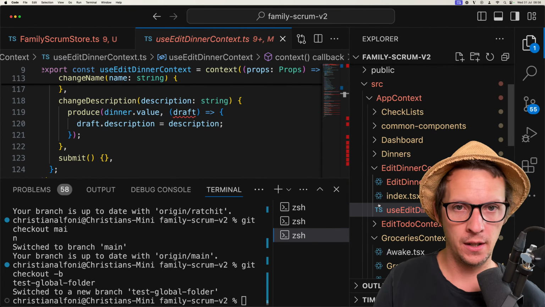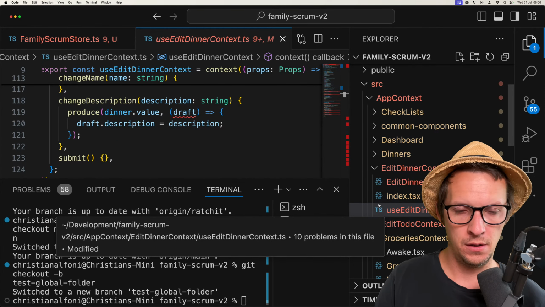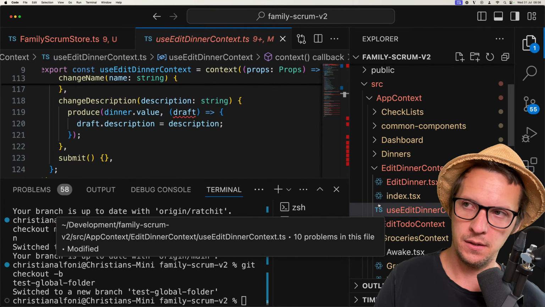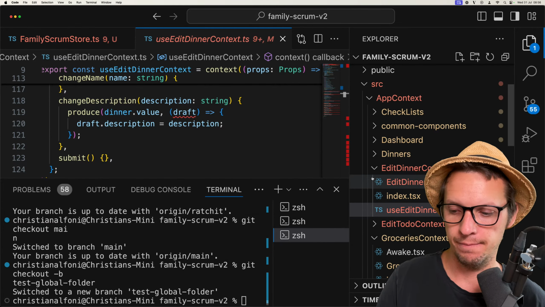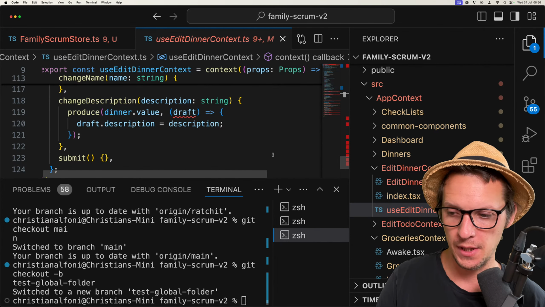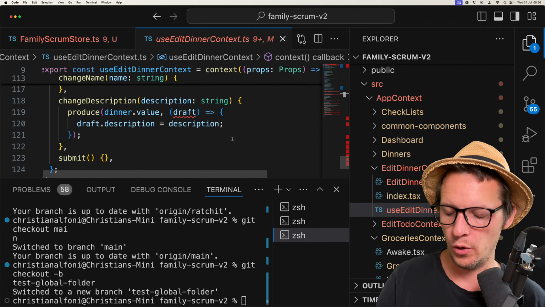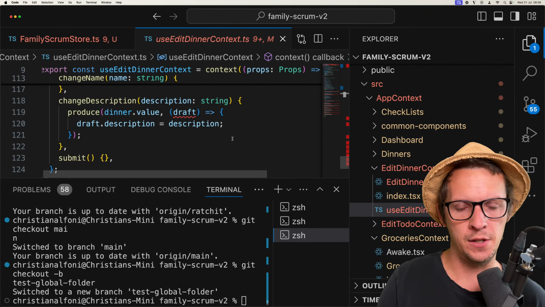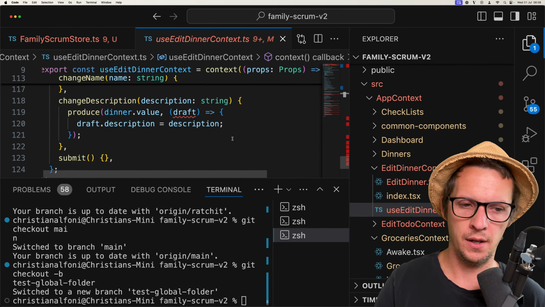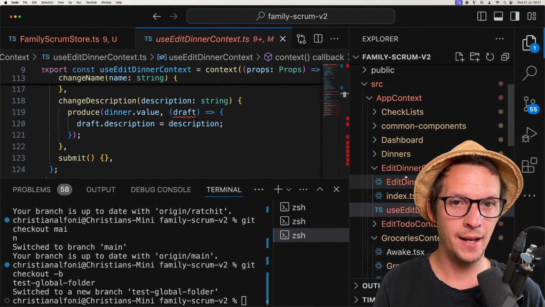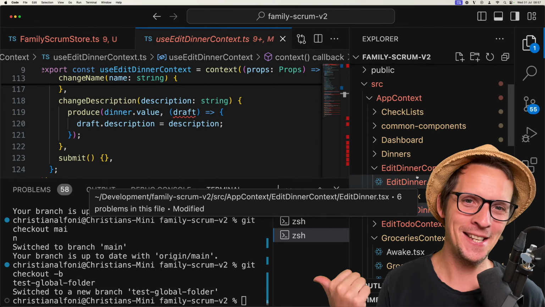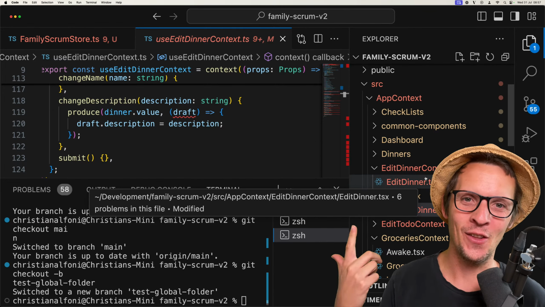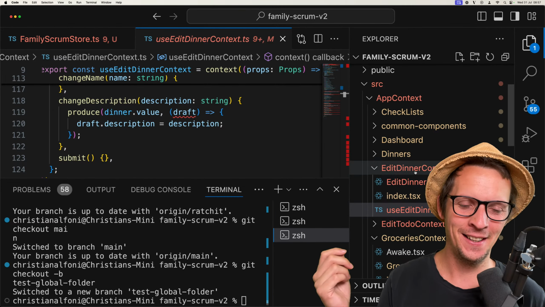So it's very much a temporary thing. We were playing around with this yesterday, disposing it, or having a map of potentially editing multiple dinners. I remember yesterday you mentioned that your manager said we need to edit multiple things.